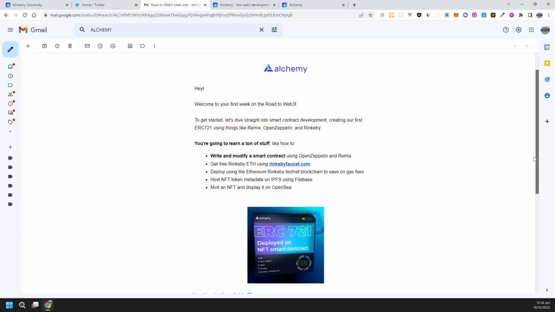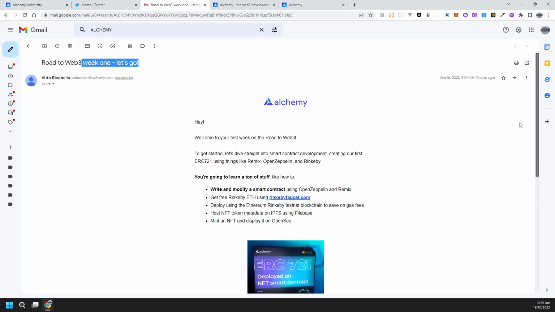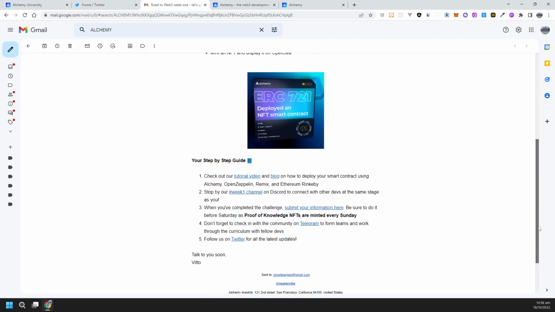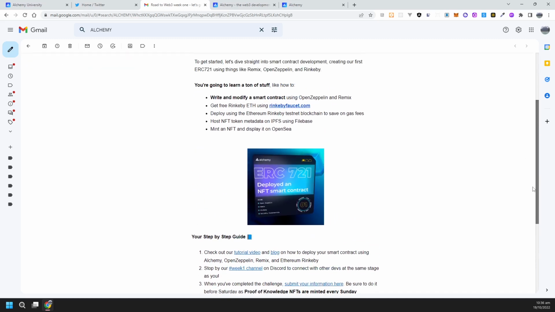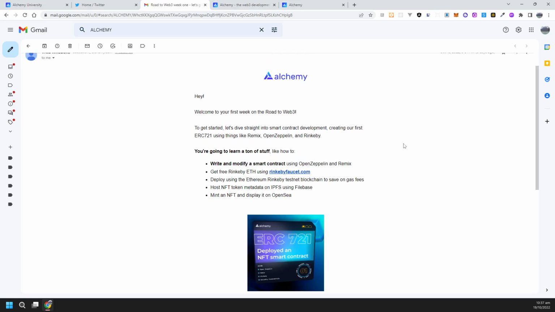So let's read the instruction and follow the guide and create our first app using Alchemy. So in this first week, what we are going to do is